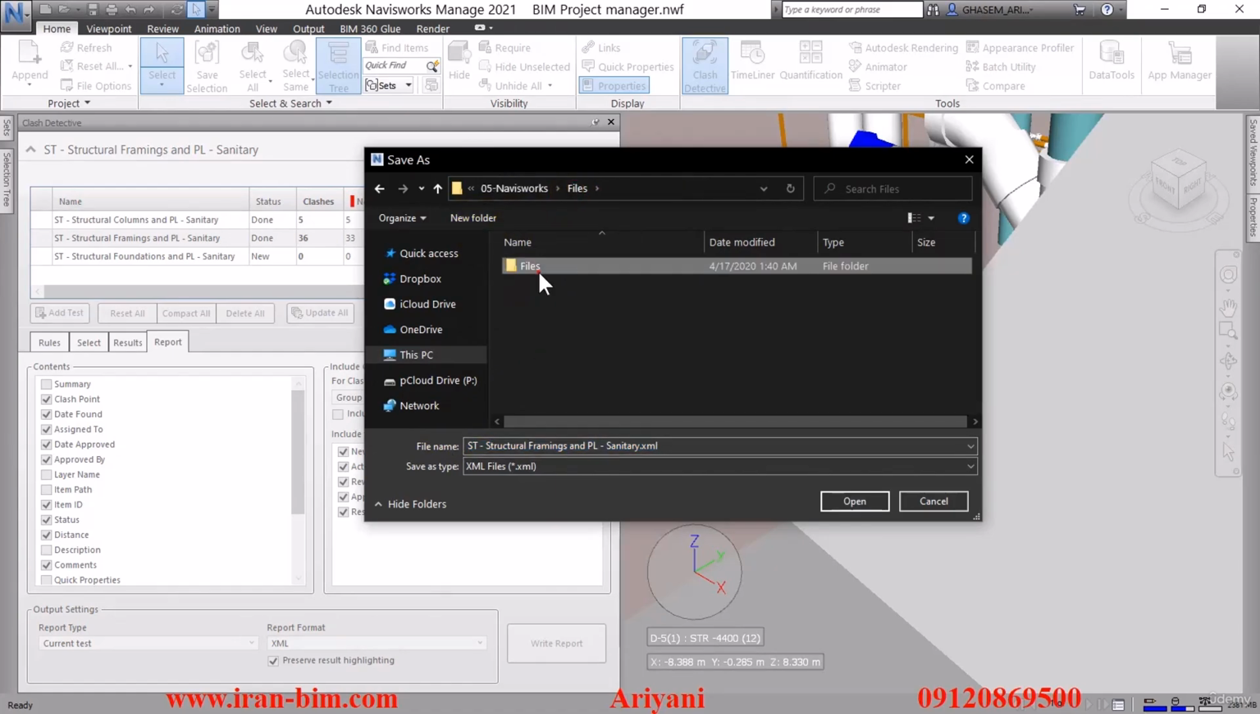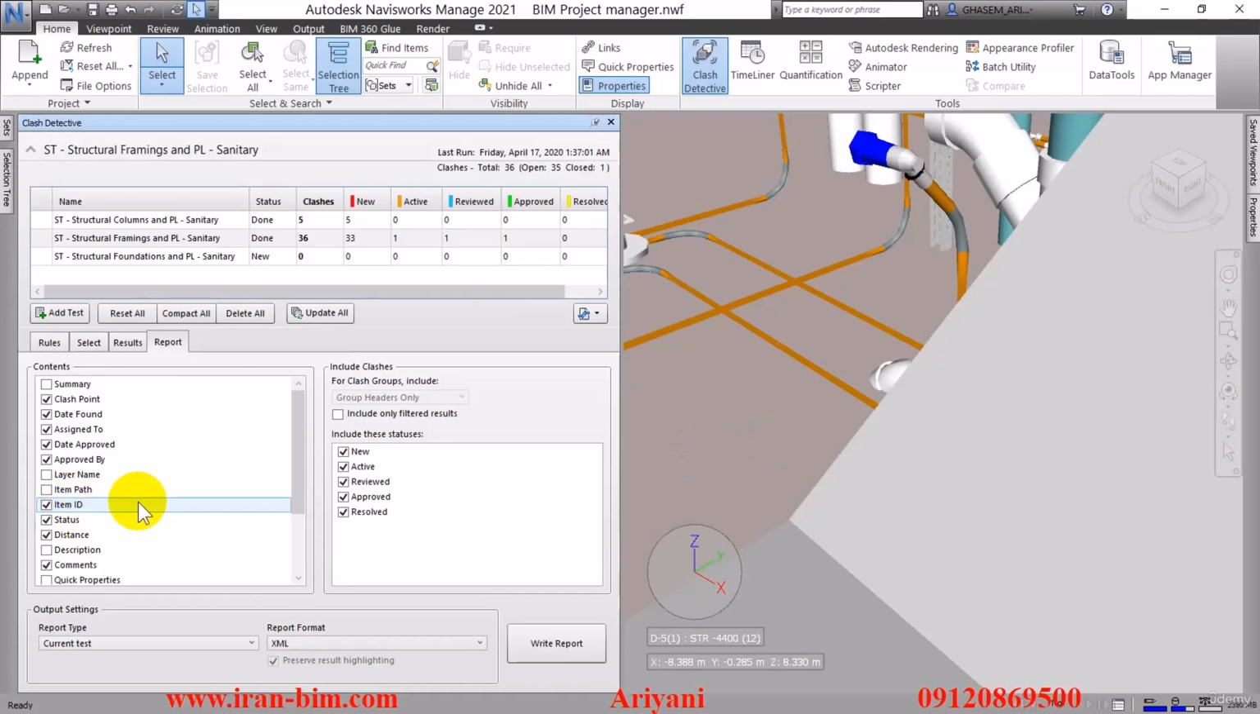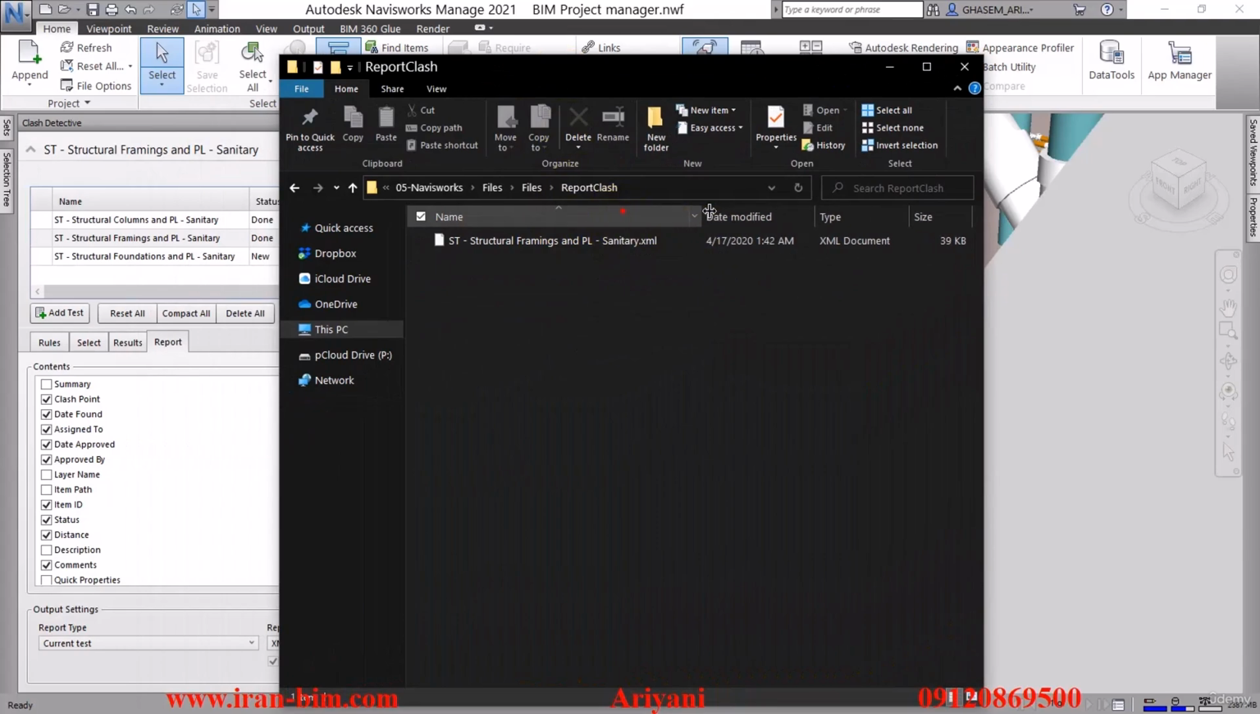Then I'll hit next, and then I'll go here in this folder and create a new folder here, and we'll be naming it report clash. Alright, then I'll open it up and save the file here. It would have transferred the images as well if we had checked the box, but I didn't need it, so it's fine for now. So I'll open up the folder where we have the file saved in, and I'll open